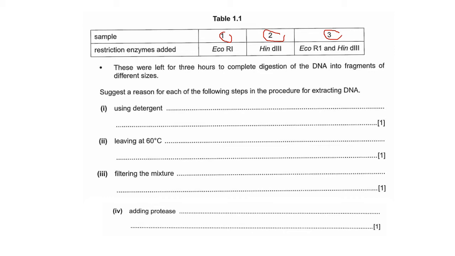And again, just letting you see that sometimes it's not about having the technical knowledge, but associating other things that you know outside of the subject to the subject itself. Leaving it at 60 degrees Celsius, what would that do? Now we know that when you put cells at 60 degrees Celsius, you are going to denature most of their enzymes, especially if you are dealing with a eukaryotic cell. And in this case, the answer here would be to denature the enzymes